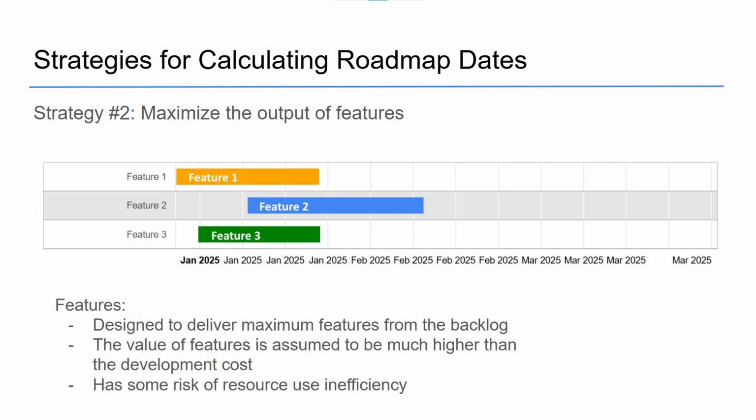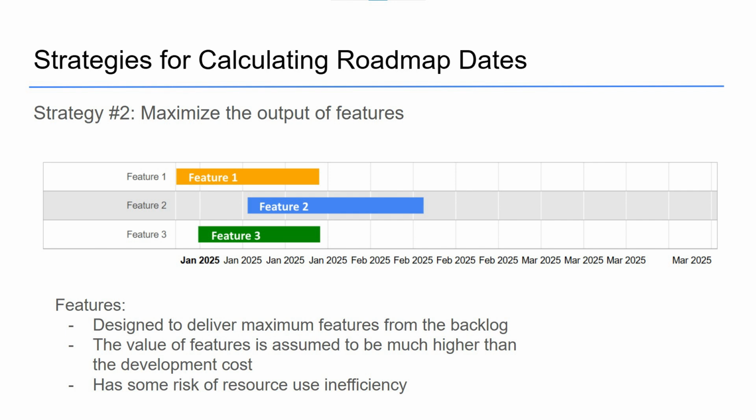The second strategy is a strategy to maximize the output of features. This strategy is optimal to deliver the maximum features from the backlog. In this case, the cost may not be the final factor, because each feature by its value may be much higher than the immediate development cost, and the timeline will, first of all, try to accommodate the delivery of as